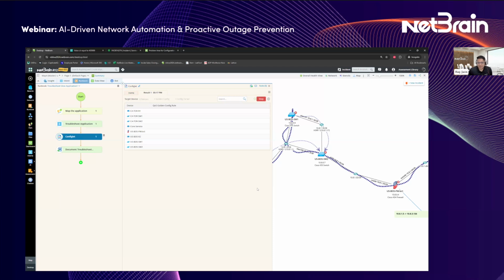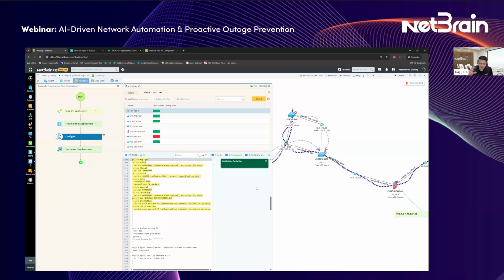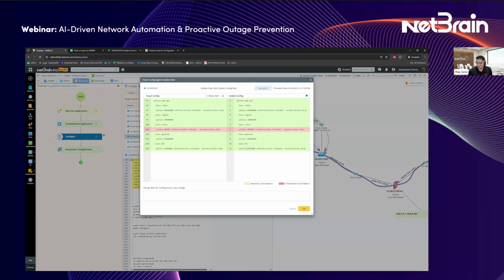So what I'm doing right now is a golden config rule assessment for QoS across all these devices. And what it basically does is compare my QoS config with the gold standards. It did find something red. I'm going to click into that. And just in a matter of seconds, you're looking at exactly what the problem is. So it looks like my policy is different indeed, and there is a typo due to which the rate has not been correctly set.